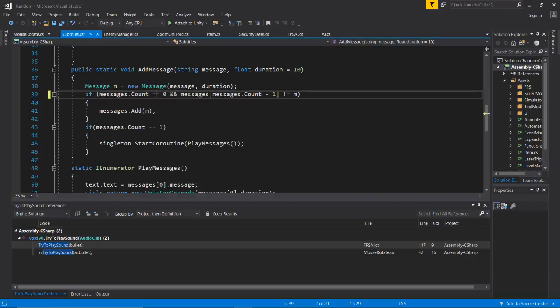Okay, so if there are no messages, or the last message isn't a duplicate,